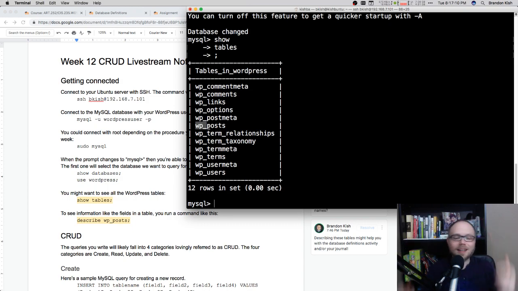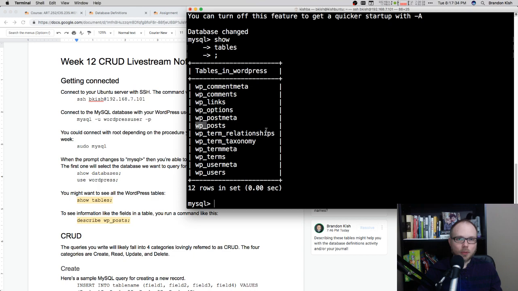So way back in the day, they decided we're going to prefix all of our table names with WP. And I don't think I ever ran more than one WordPress in the same database, but it's technically possible. You could actually tell WordPress to use a different prefix. So you might have WordPress 1 underscore posts and then WordPress 2 underscore posts.